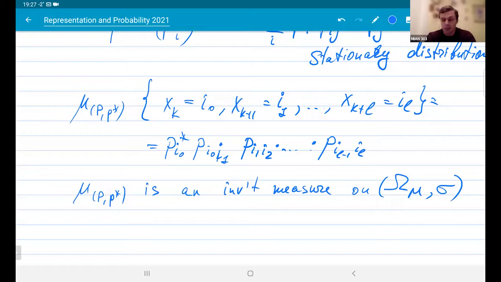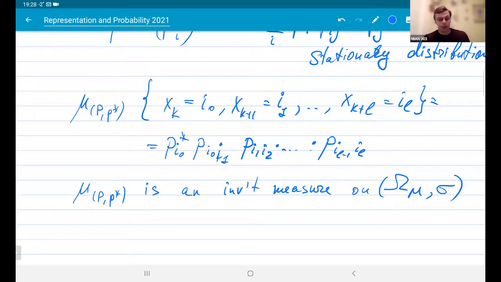This is again just the definition, and this measure is called a Markov measure because it is exactly what we know about Markov chains. So the future and the past are independent given the fixed present. So this is an invariant measure. Again, we need some quite trivial conditions on this measure because there are some exotic cases.